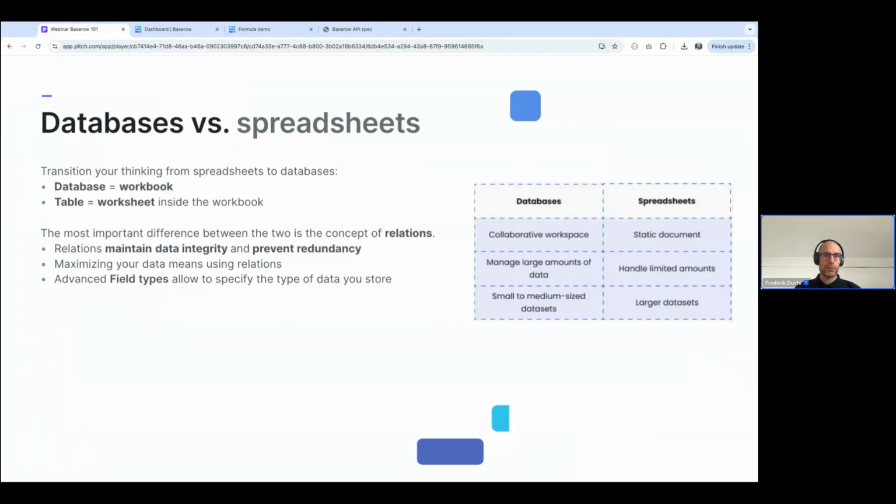So in a spreadsheet, you have a document, and in a database, well, you have your database. In a spreadsheet, you have multiple worksheets, whereas in a database, you have multiple tables. And here comes a major difference. The worksheets in a spreadsheet are mostly not related to each other. It's very hard to link them. And especially if you have multiple spreadsheet documents all over your organization, it's really hard to link them into a